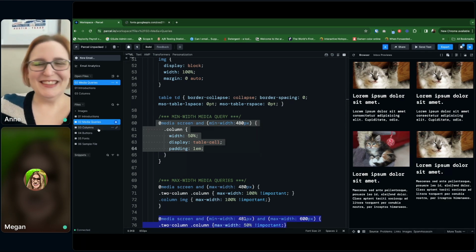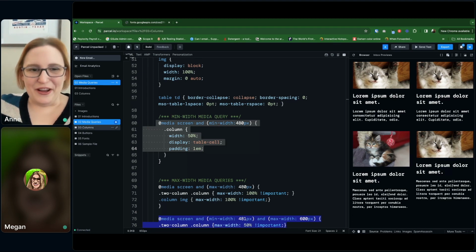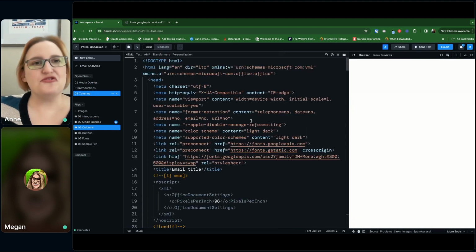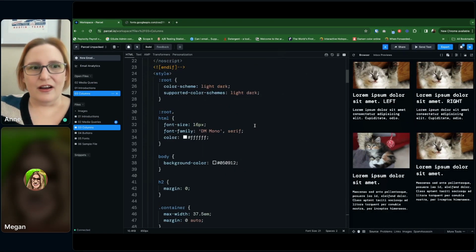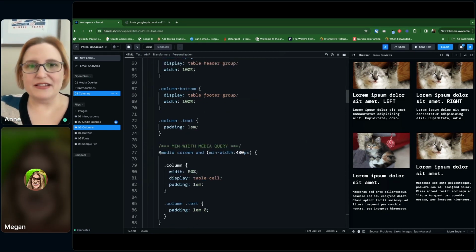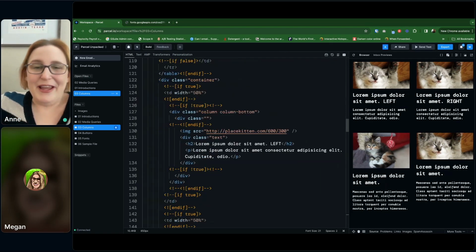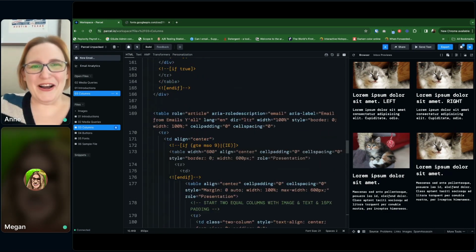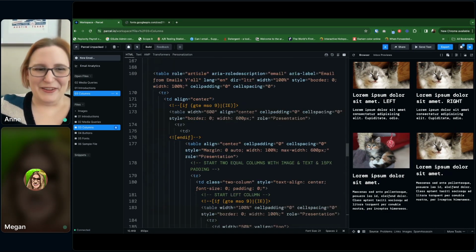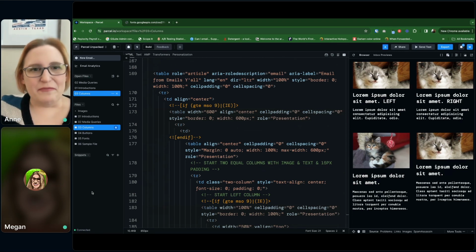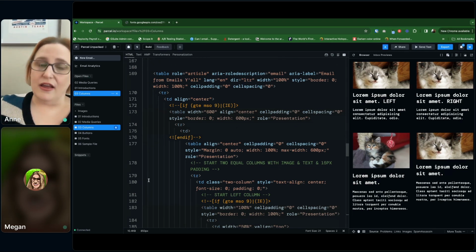Yep, for sure. All right, so let's talk about columns. Yes, columns are the main structure of our emails. That's what allows us to make everything so pretty. So yes, let's talk about some columns. So you can see here, yes, perfect. All right. So the way that you do fluid hybrid columns is